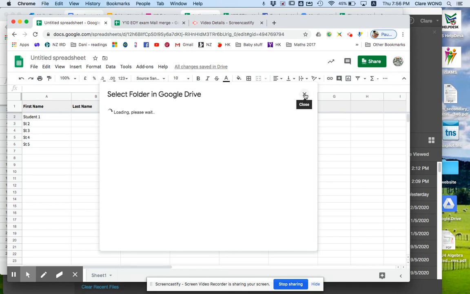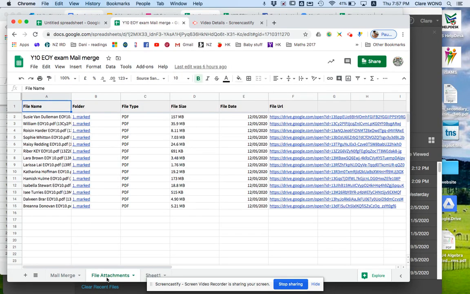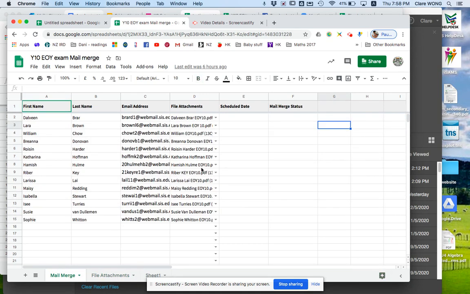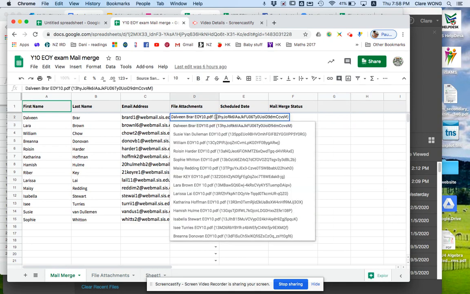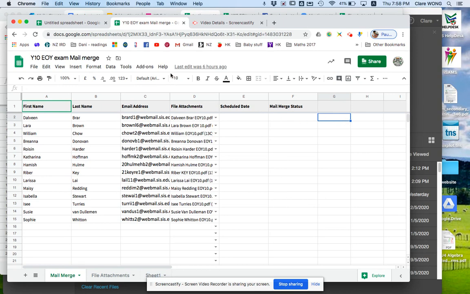If it was done successfully, then you will see all the files from that folder listed on the second tab. Go back to your first one, then you should have a drop-down list in which you can select the relevant PDF to go with the student's name. Now, it's not working for me at the moment. The workaround